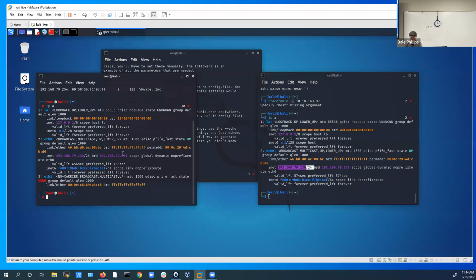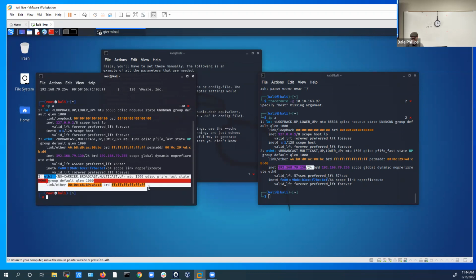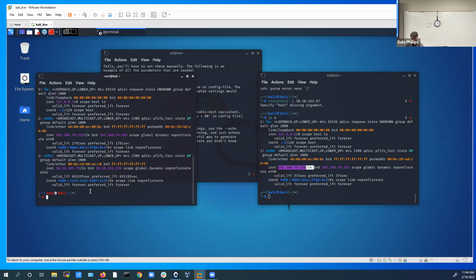So I do ip a, and notice I have a new network card with a new MAC address. And notice the IP address. So now if I run netdiscover